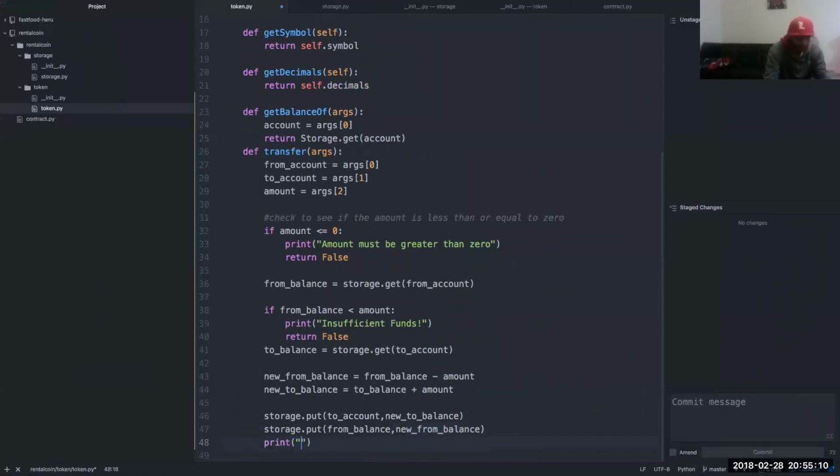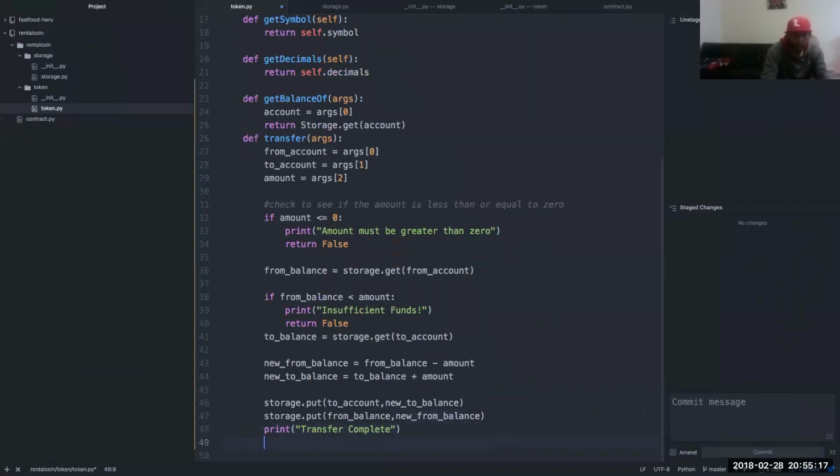Print transfer complete. Return true. All right, pretty simple.